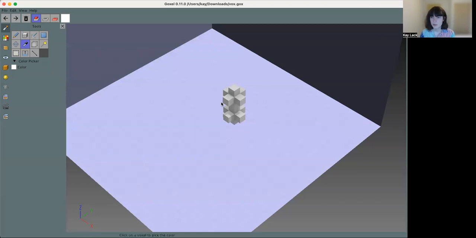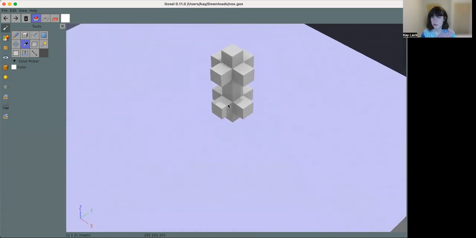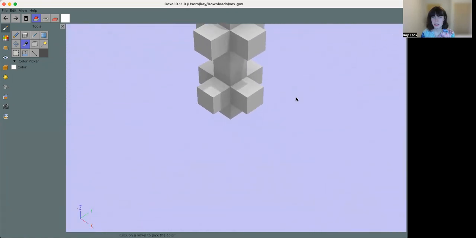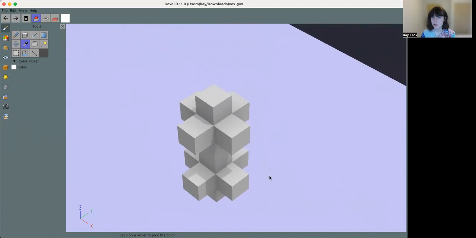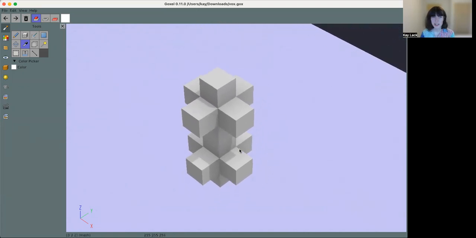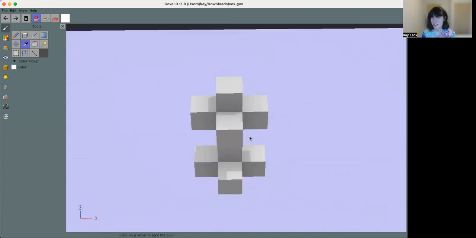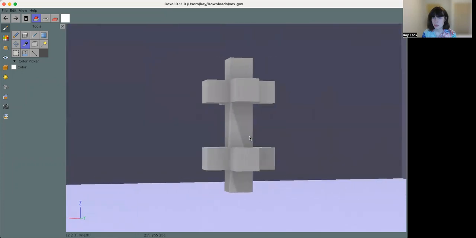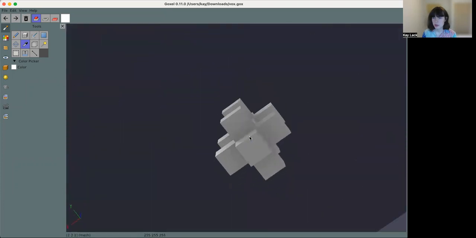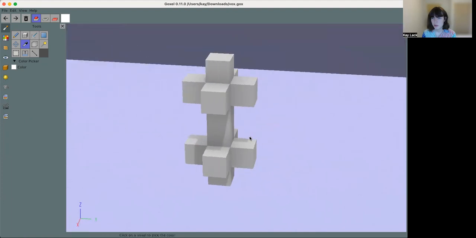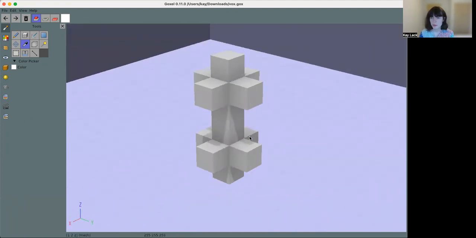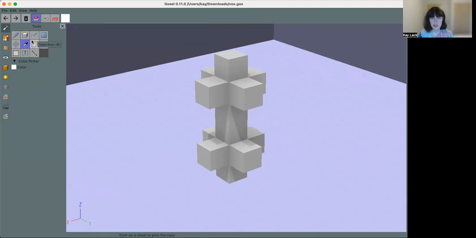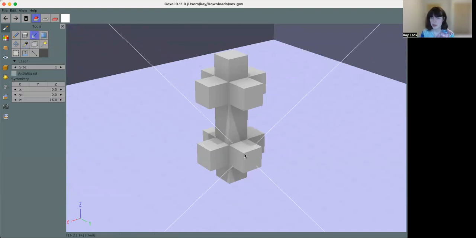So this is the sample data, and we can use this program Goxel to zoom in and take a closer look at it. If I can remember how to use it. 3D is really challenging in a virtual environment, turns out. So you can see it looks like a little dumbbell almost, and we can see it from all these sides, and it all looks nice. Now, the thing that makes it interesting is there are some gaps in the middle,